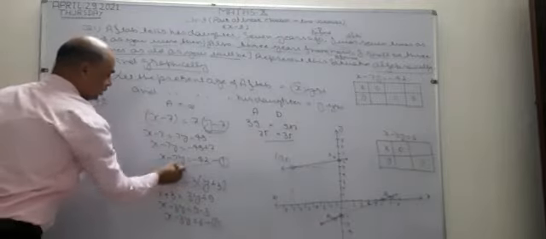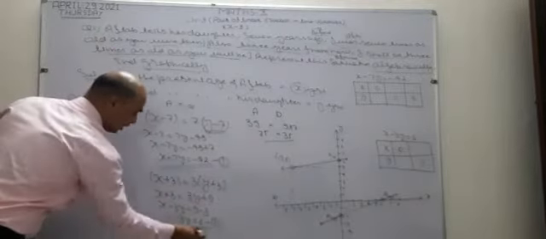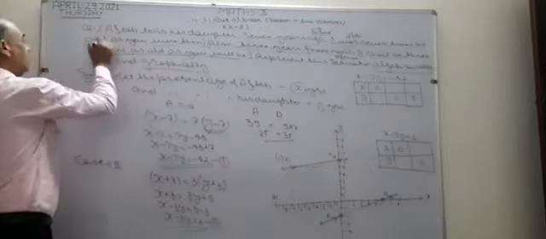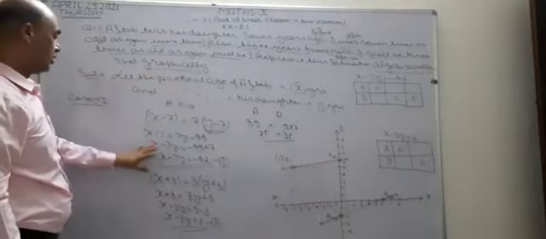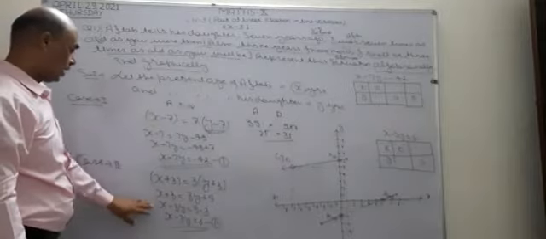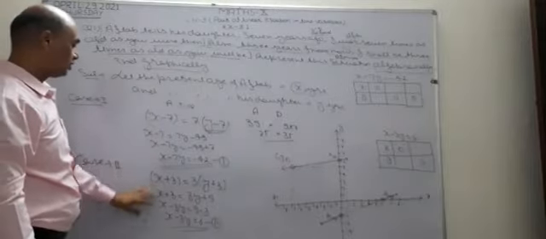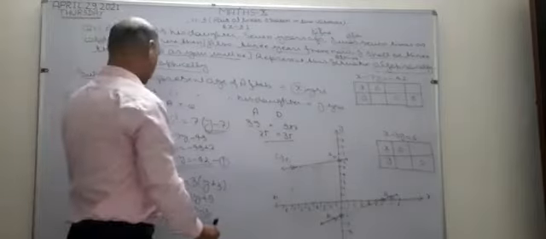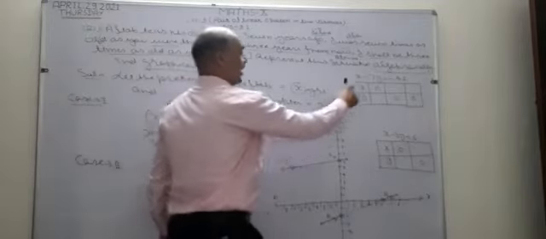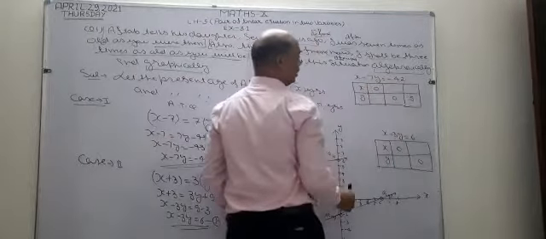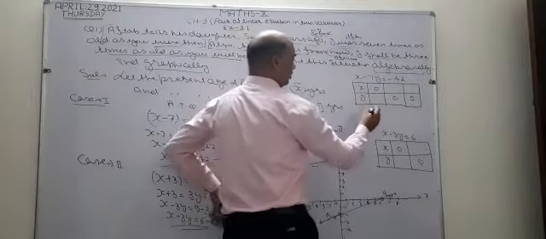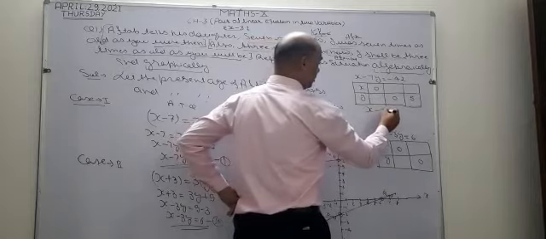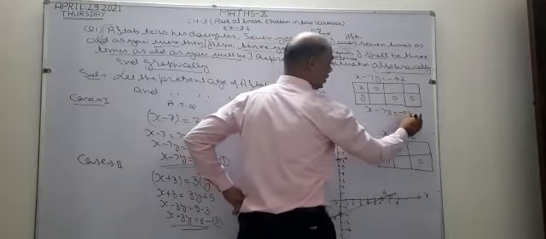Now this is the algebraic representation of the given statement. The first part is clear. Now I am going to draw its graph. See, I am going to show how these equations are represented graphically. Now I am going to take this first equation, x minus 7y equal to minus 42. I am going to solve this by a very simple method. Now see, what is the method? x minus 7y equal to minus 42 is given.